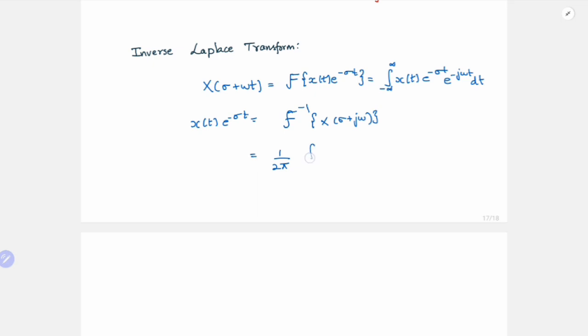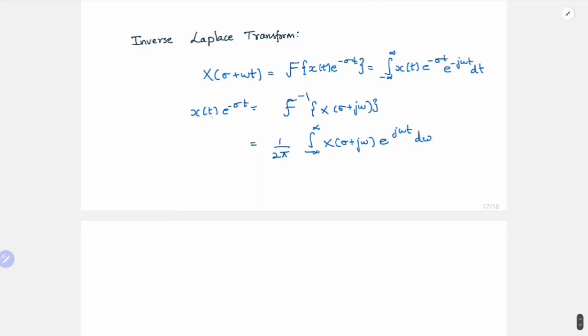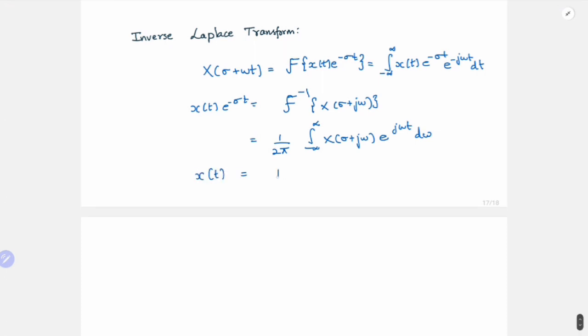And we know the inverse Fourier transform equation, which is nothing but 1 by 2 pi integral from minus infinity to infinity of X of sigma plus j omega e power j omega t d omega, right? So now we want to find x of t. So what we do is multiply both sides by e power sigma t. So on the left hand side we get x of t, and on the right hand side we get